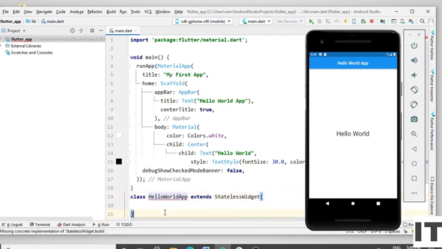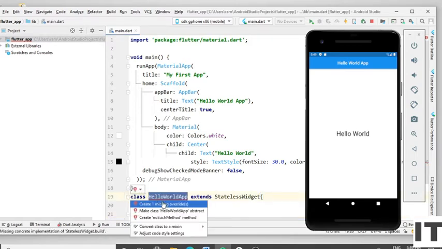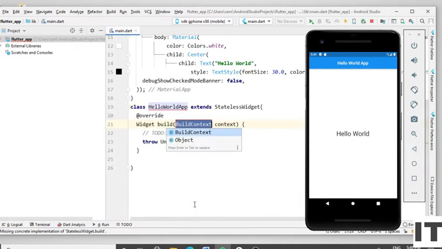Now let's solve the error. Click on HelloWorldApp, click on the bulb, and click on create one missing override. Error is solved.